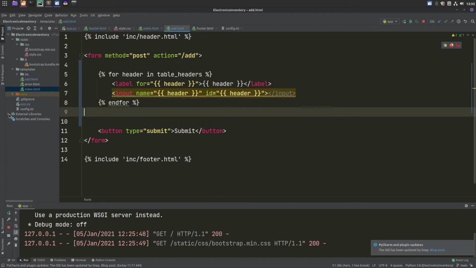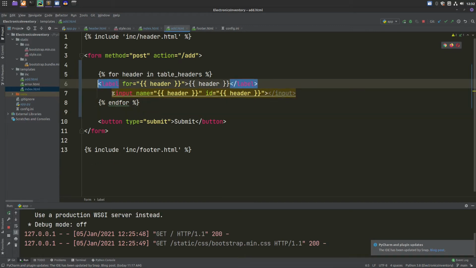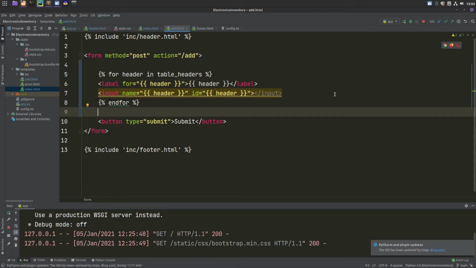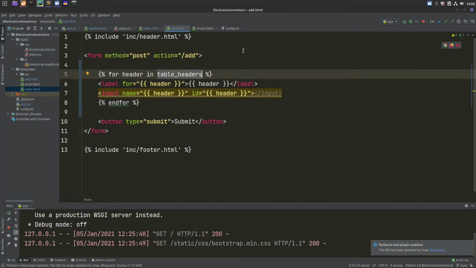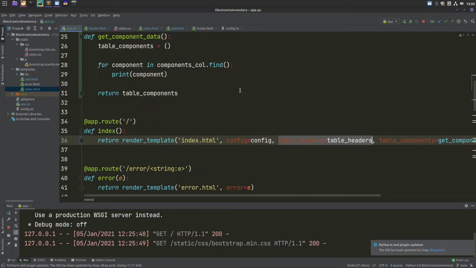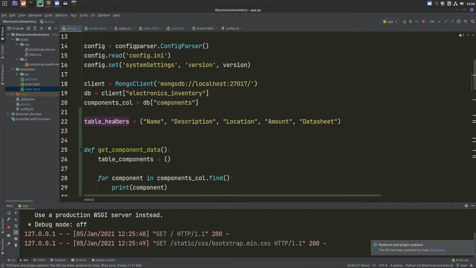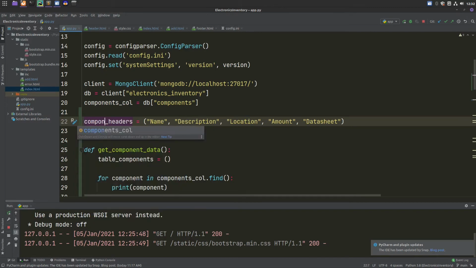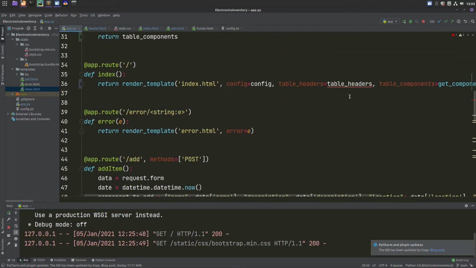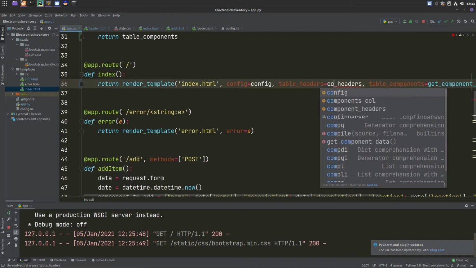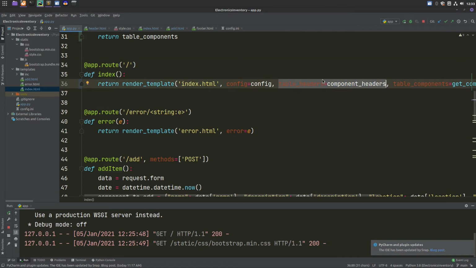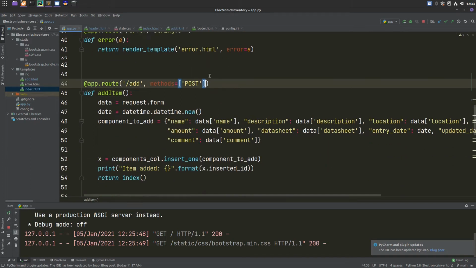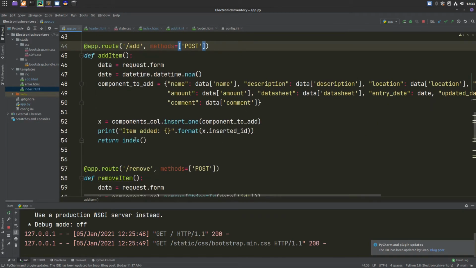So now that should be a bit better. So we need to pass in table headers into this file. I will change the name of it though, from table headers to something else. I'll change it to say component headers. I could have refactored it, doesn't matter. And then I'll copy this into add, down,